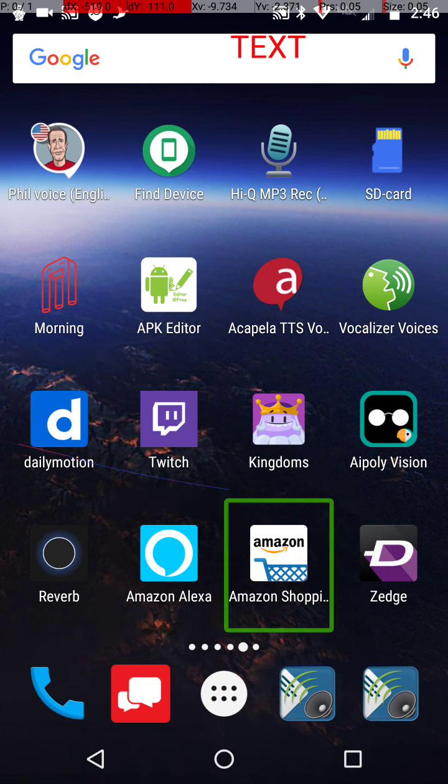Amazon Shopping. Yeah, you know, buy stuff on Amazon. I will say, for Android, it's not that accessible. The buy now button with TalkBack is not there. Basically, when you have TalkBack on, it's hard to find the buy now button, and the app crashes a lot. So I really don't use it too much. But